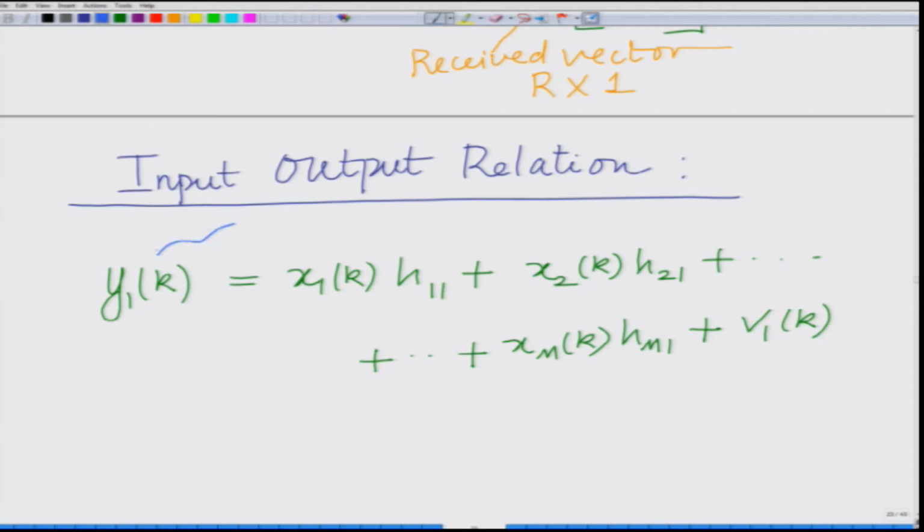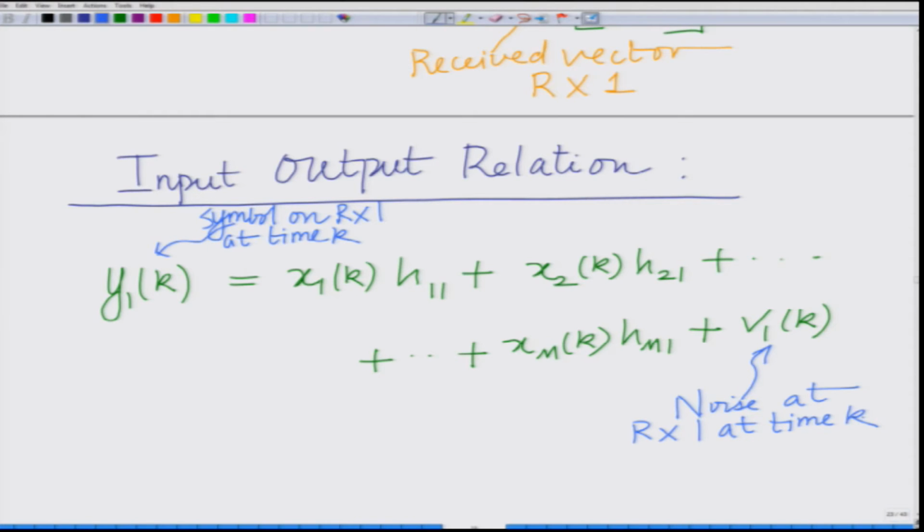Y1 k is the symbol on receive antenna 1 at time k, correct. What is V1 k? V1 k is the noise at receive antenna 1